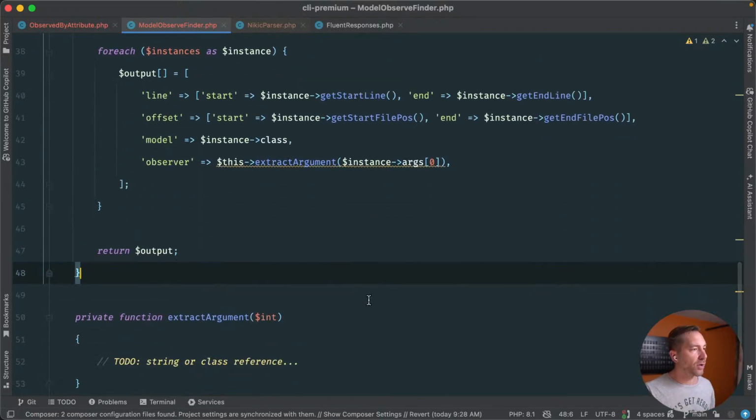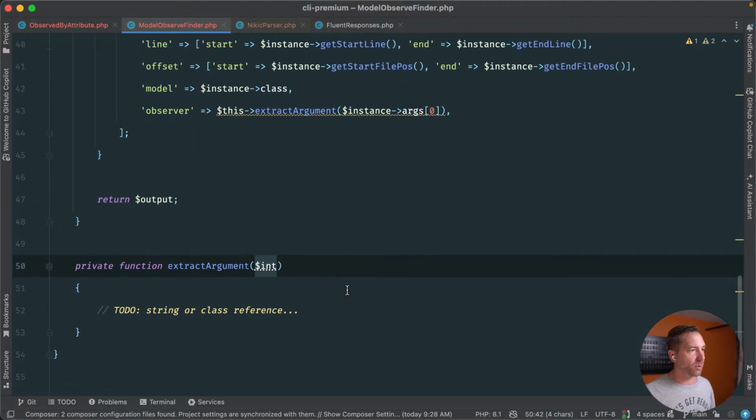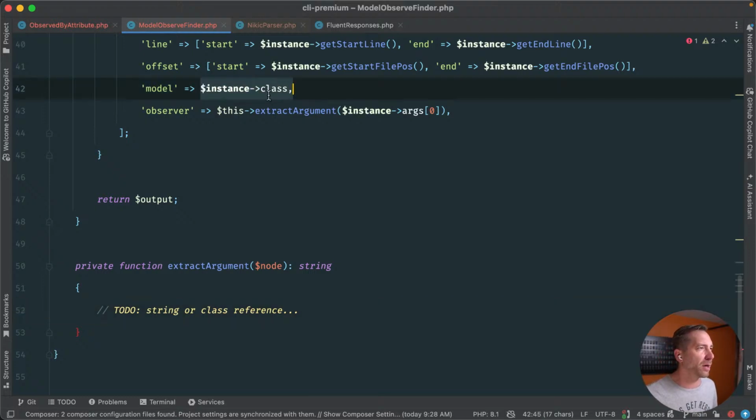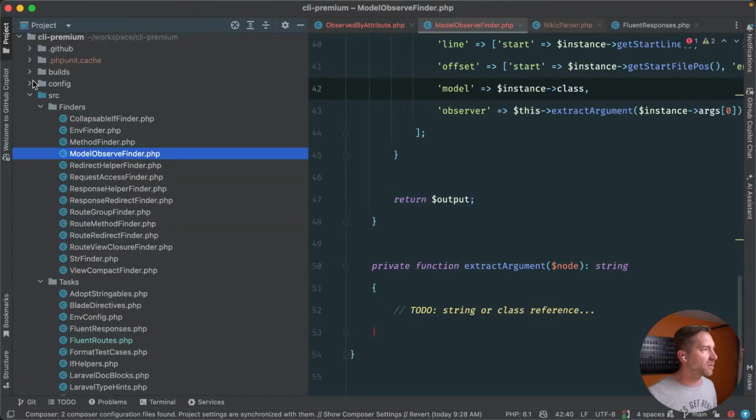So, okay, extract argument. What we have here is probably a mixed value. It's really a node, and this is ultimately going to return a string either way. So basically, if it's a string, we'll just return the string directly. Otherwise, we're going to parse out that class reference, which I don't remember how to do off the top of my head. So let's go see if there's another method